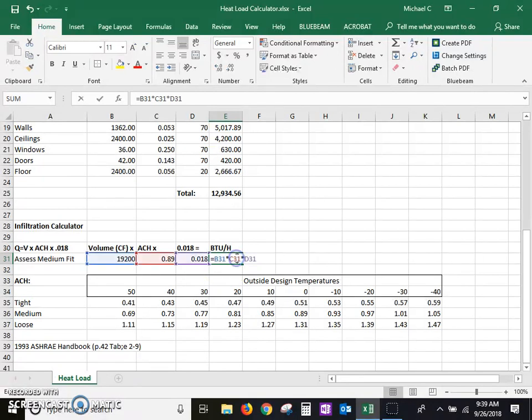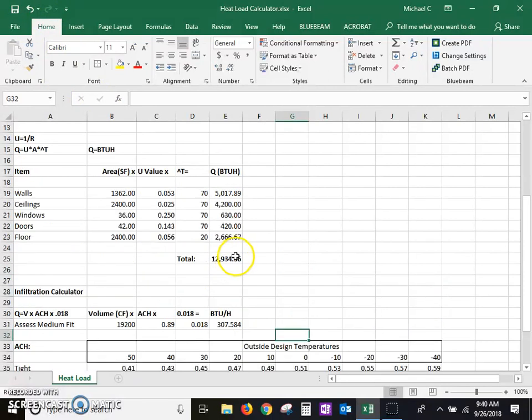Well, that's a really weird number. B31. 19,200.89. 307. Works. Okay. My math works. So we have the heat needed,